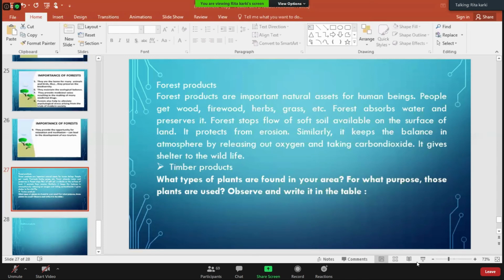These basically can be divided into several types. The forest products can be divided into several types, such as the timber product. Forest area provides us with the timber product. A huge amount of timber product can be obtained from the forest area, that can be utilized for varieties of